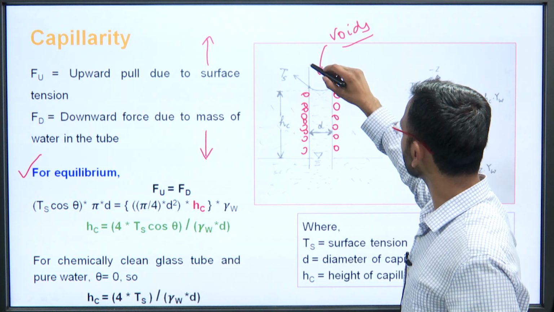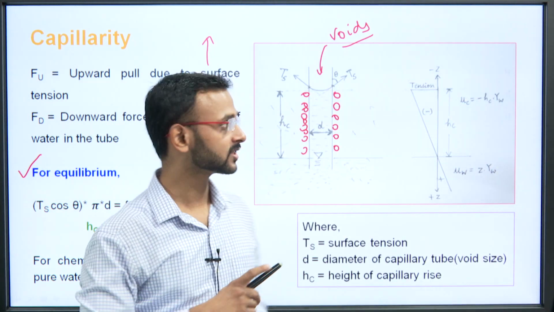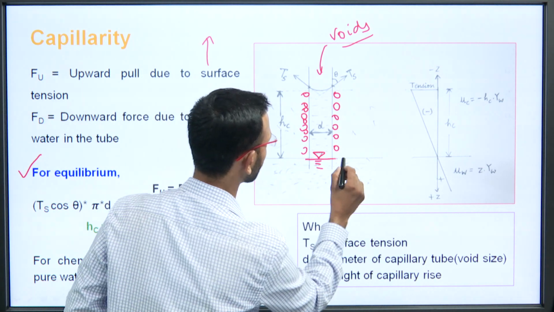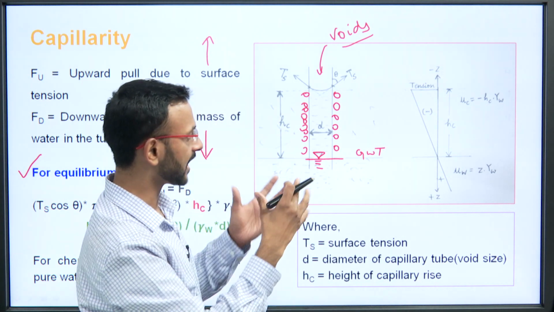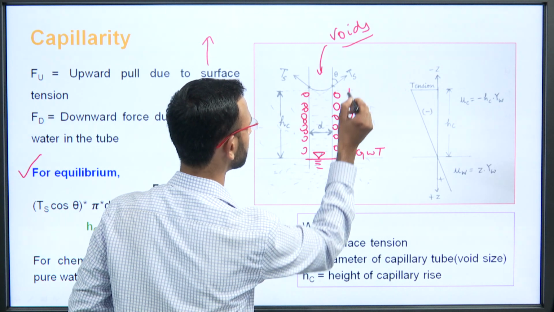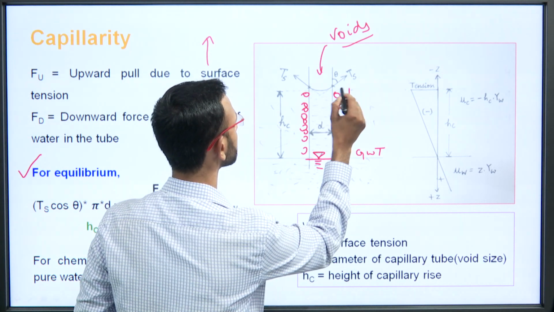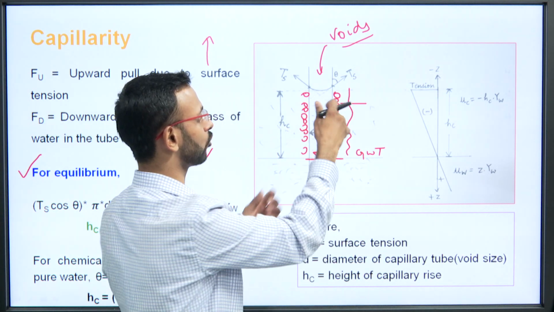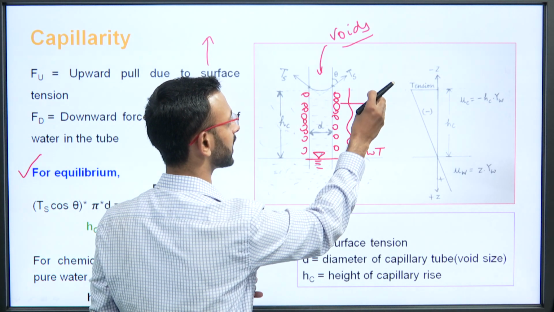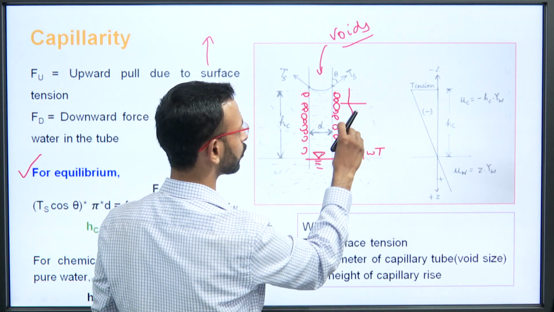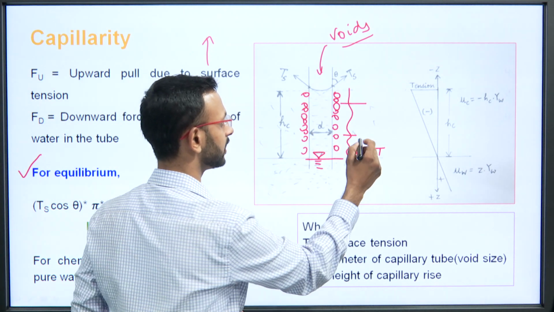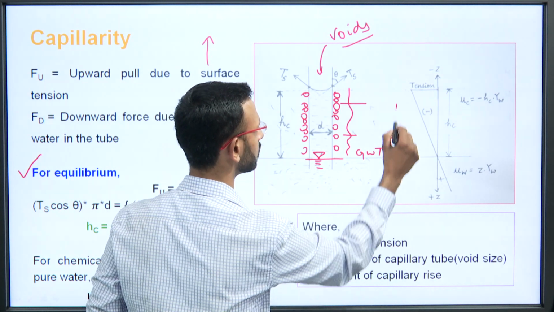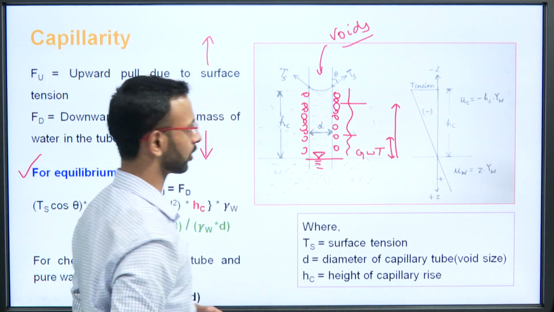So understand here, this is the capillary tube, and the water table, the groundwater table, is at this level. Due to capillary action, the water tends to rise up. At this section the soil solids will be trying to hold up this water, and here the pressure will be more, but at this point the power required by the soil solids to hold the water in tension is slightly less, because the height to which it has to be raised is very small here as compared to this height, which is comparatively more.